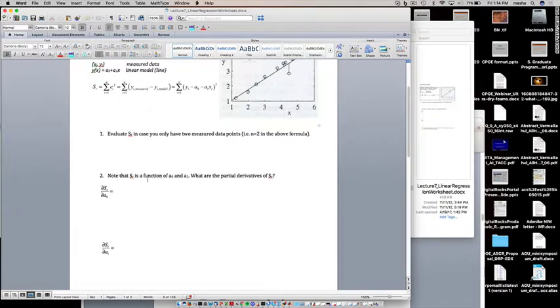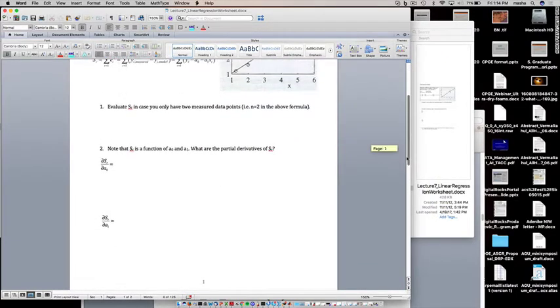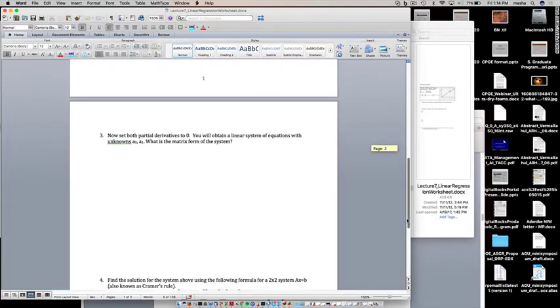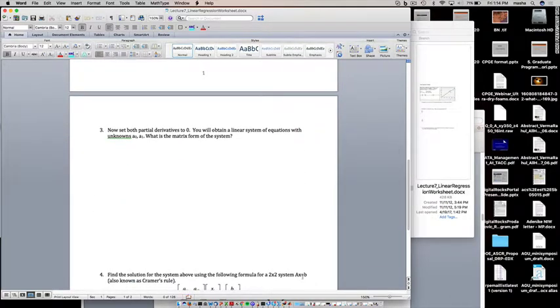So basically we worked through this last time. If you don't have it, we'll work through it quickly again. And now move to 3 and 4,